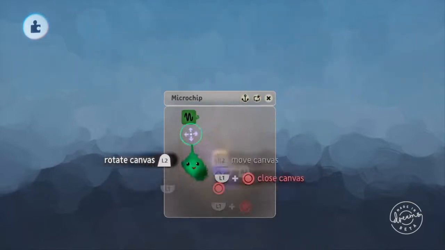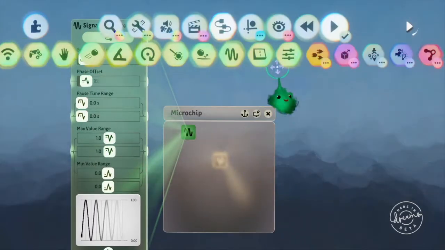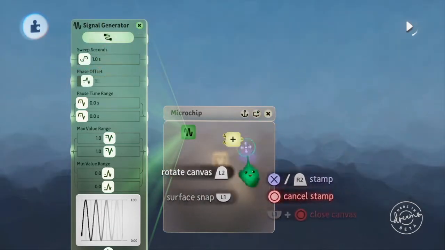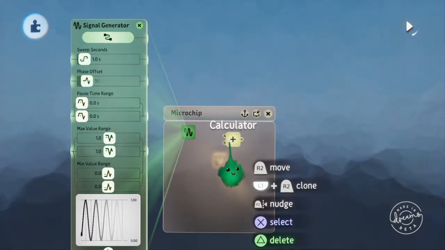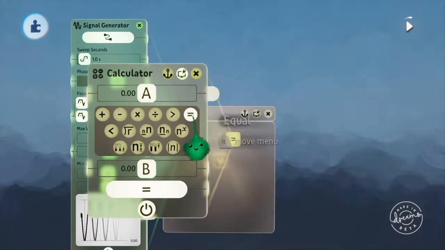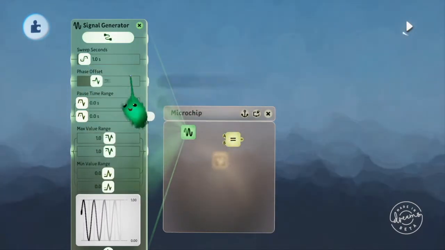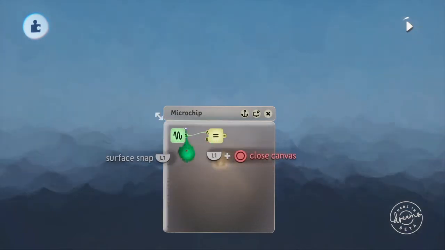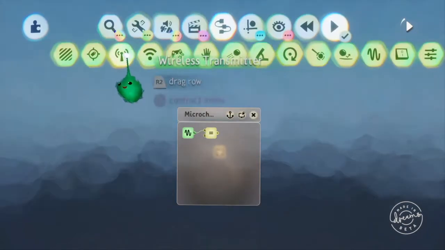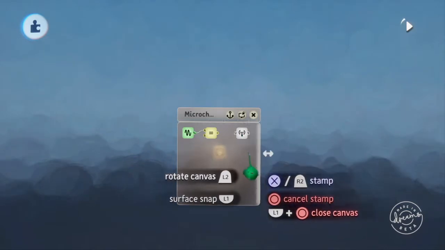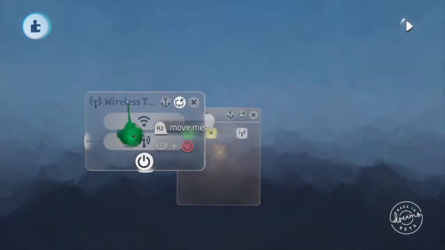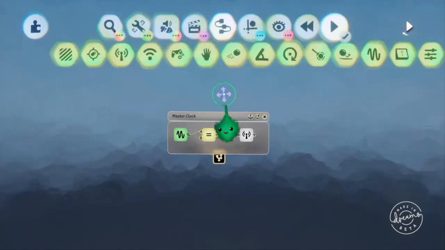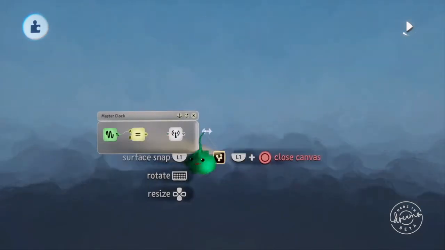signal generator, and then I'm gonna use a bit of logic, and whenever that signal is 0, I want this thing to ping me. I'm just gonna put that into the wireless transmitter. Call it my clock. Cool. Now I have my first component that does something,